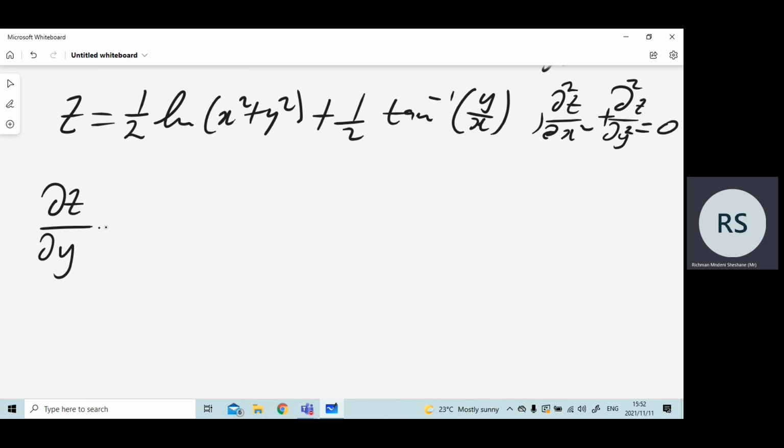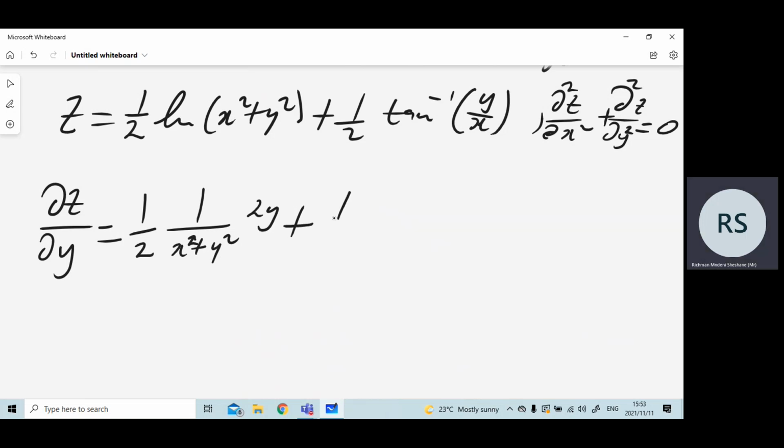So we can find our partial derivative with respect to y. This would be 1 over 2. Let's derive this natural log of a function. It's 1 over the function times the derivative of the inner function, but now we derive with respect to y. We treat x as a constant, so the derivative of x squared will be 0, so times 2y in this case,